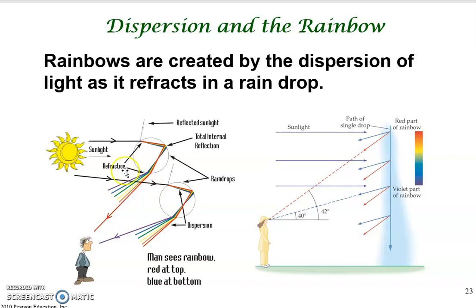So the principle is that the same effect will happen for other water molecules, other water drops in the air. So in order to see the red light, you need to have this kind of reflection from a water droplet at a higher altitude in the air. And the violet one will be the refraction from the water droplet at a lower altitude. So what this means is that in order to see the red light, one must look to a drop higher